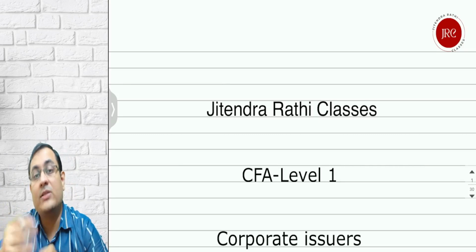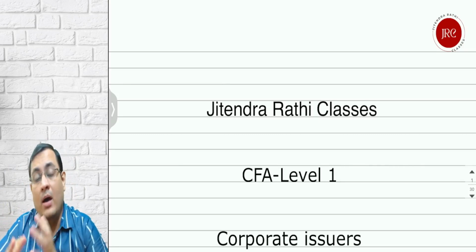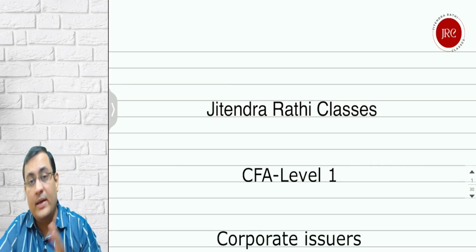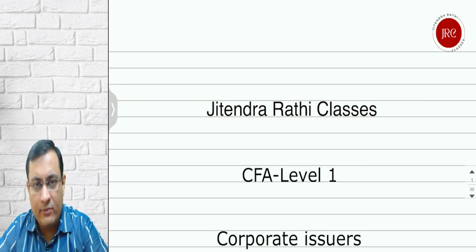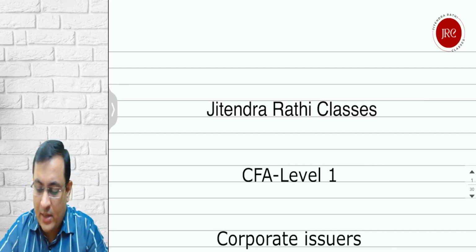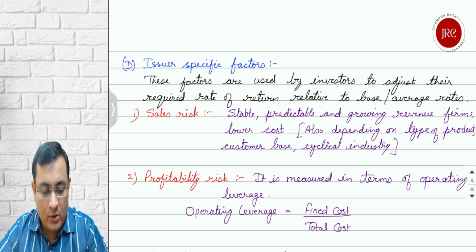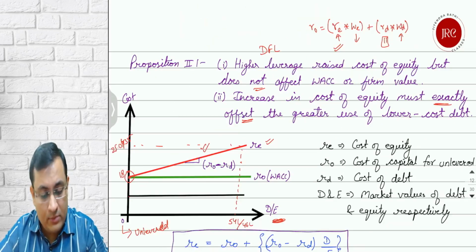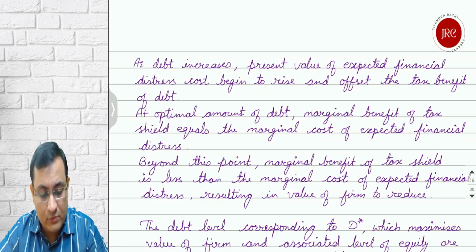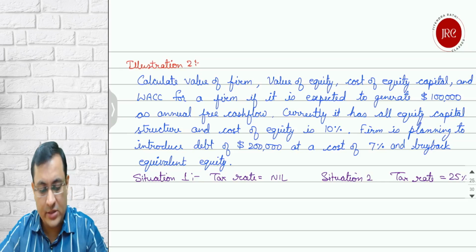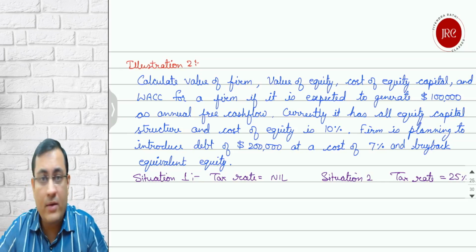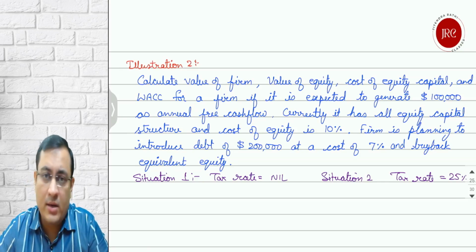Before understanding the static trade-off theory, we should know the formulas and mathematics we have already done in the with-tax approach. So let's take a recap and then we'll go for the numerical illustration. I will be covering one more numerical illustration for without tax and with tax. So where is the illustration? Yes, this is the illustration where we will be covering without tax and with tax,